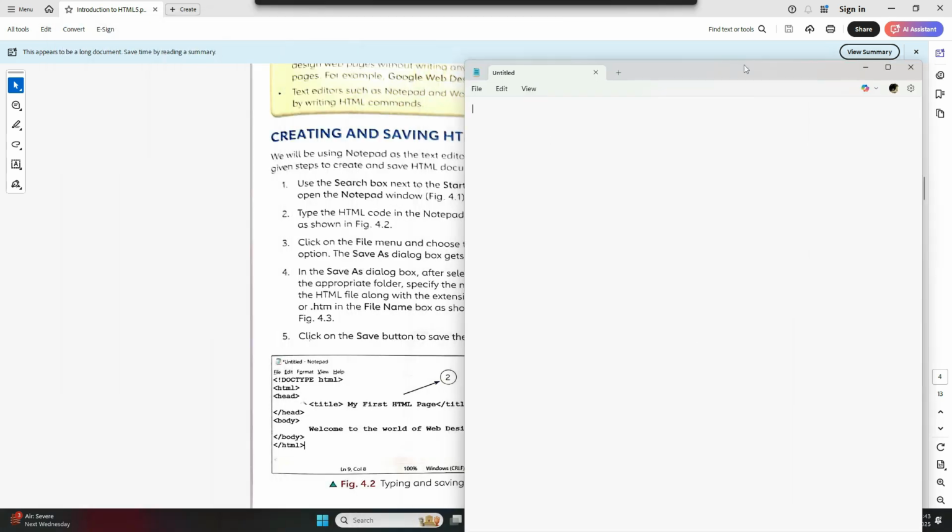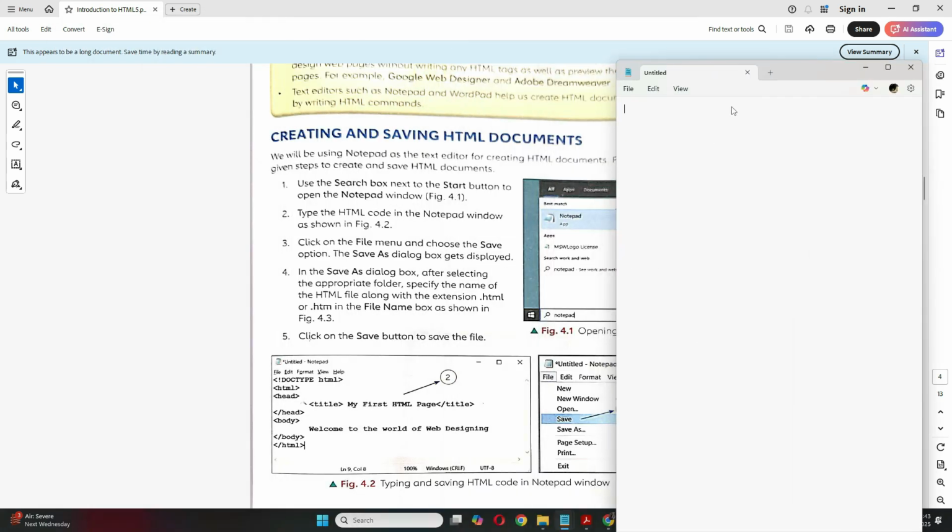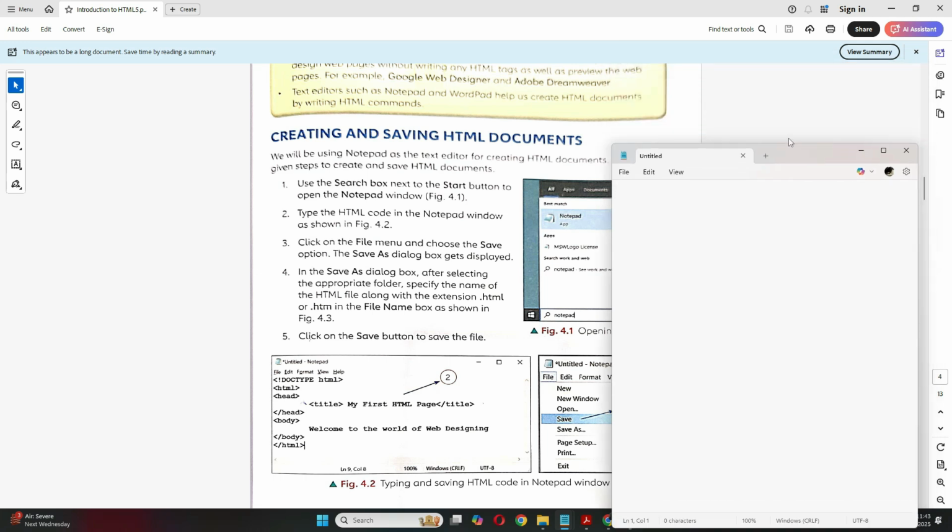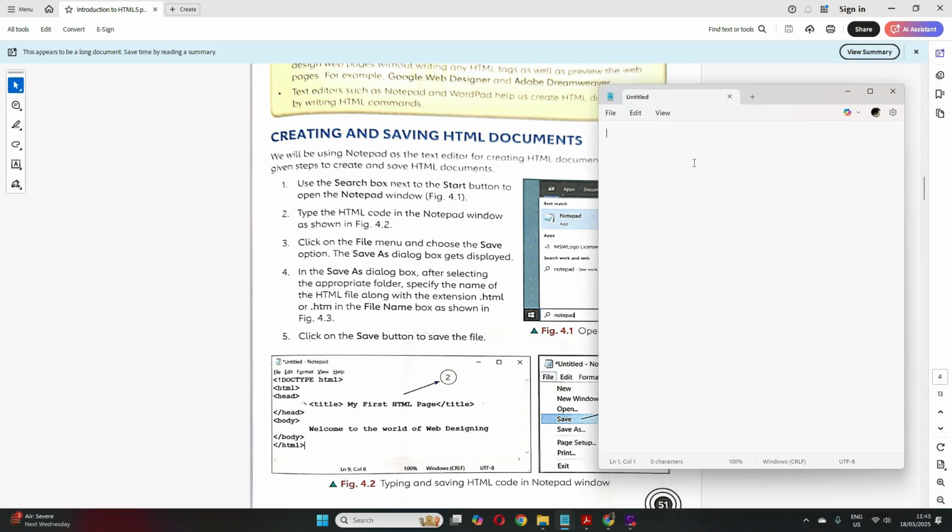You will have a new notepad being opened for you, correct? So here we can type our code. Remember the structure. First I have to put the doctype declaration, correct? And then we have the HTML tag. So we have a start tag, and remember, give an end tag together only. Okay, so we have an HTML tag.